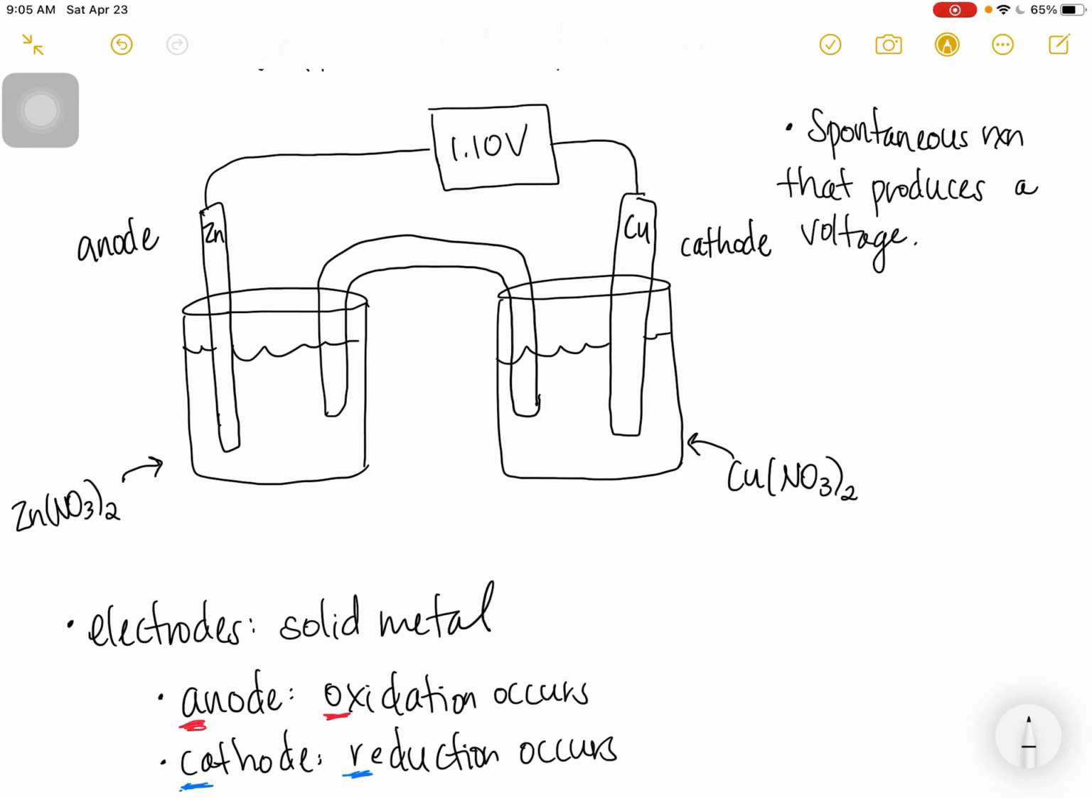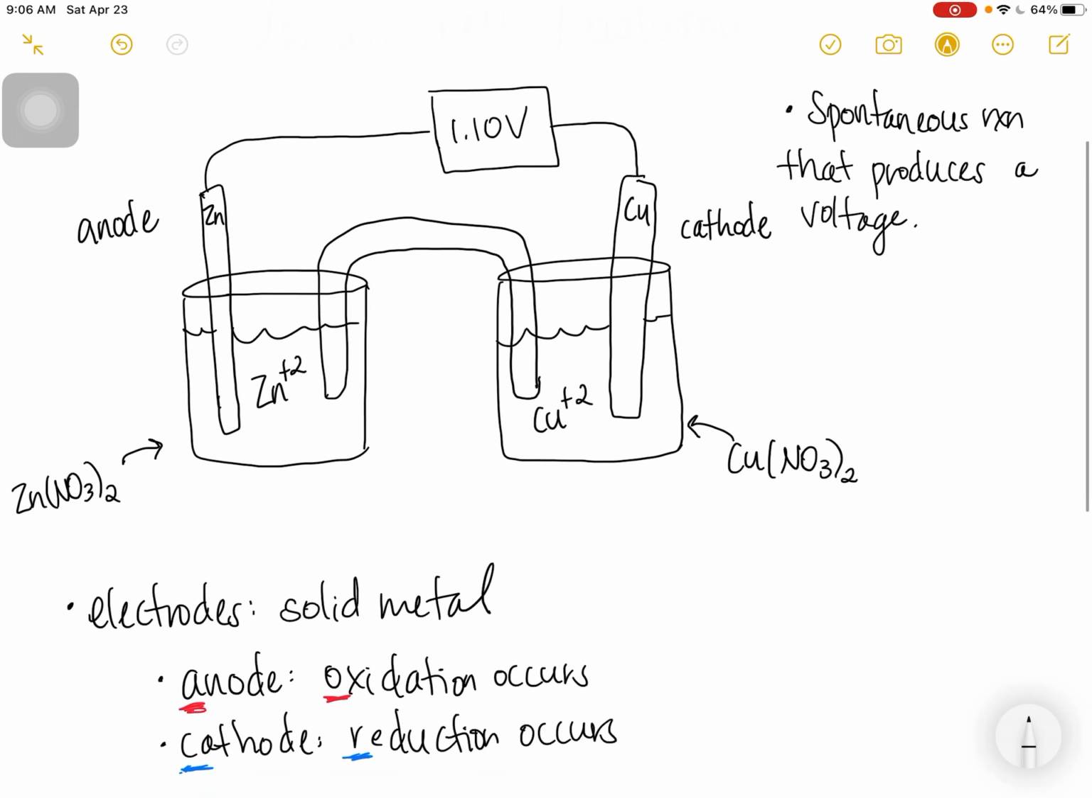For me, I'm not going to put them in my picture because what's important to us is the metal ion. So this beaker has the zinc +2 aqueous ion. This beaker has the copper +2 aqueous ion. Yes, there are nitrate ions in the beaker, but I'm not going to draw them just for simplicity reasons. Okay, that's why they're on your picture. Okay, so now I have my two solutions and I have my two electrodes, and I know which species is